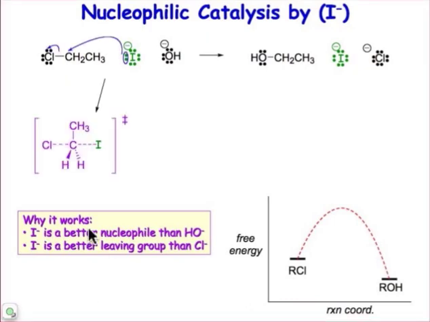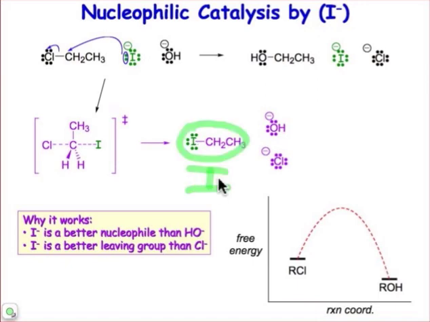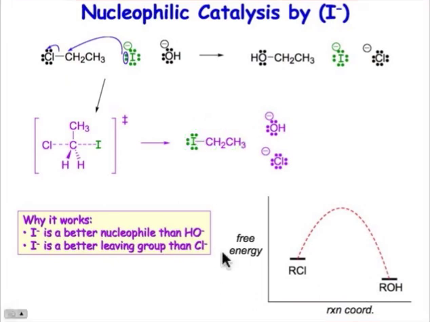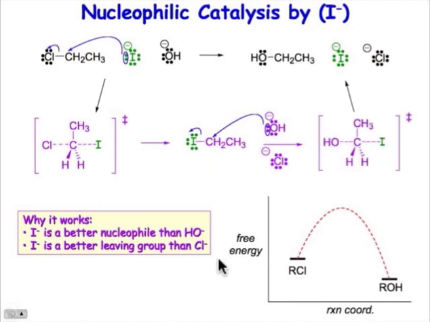That SN2 generates a new intermediate that has displaced the chloride to make an iodoethane molecule, shown here, and so we have a true intermediate I that's being generated in the process. Now we have a very good leaving group in the iodide group, and that's going to be displaced by the hydroxide in a second SN2 process, another transition state through which we proceed, and in doing so we return iodide,